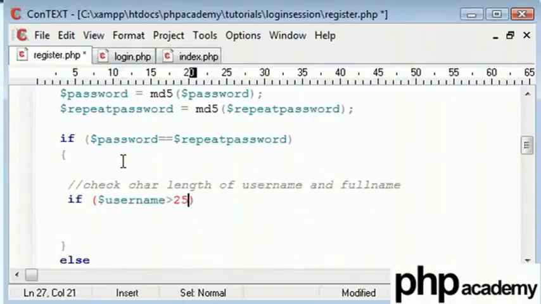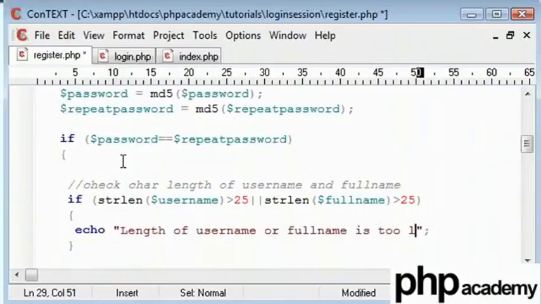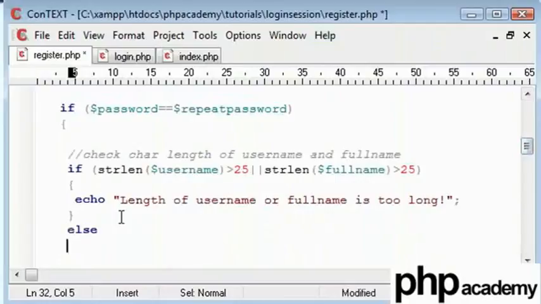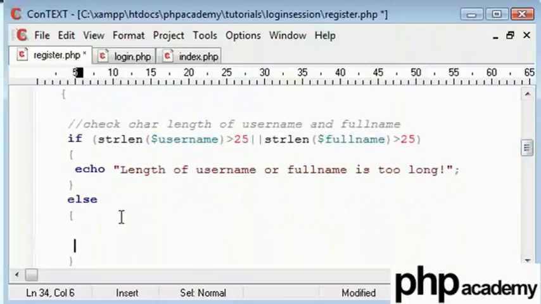If the string length used in this function is greater than 25 or the string length of full name is greater than 25, then we echo length of username or full name is too long. So, just to keep it simple, and then otherwise we will say check password length.